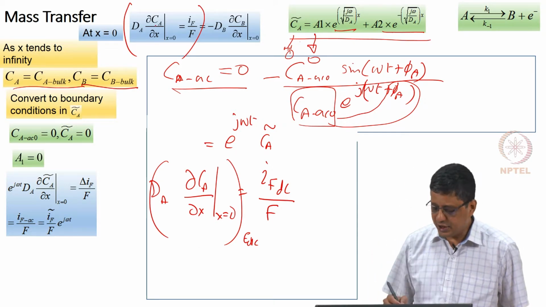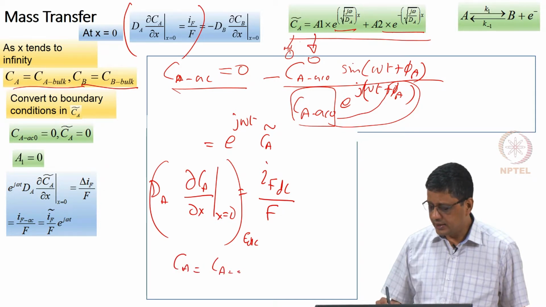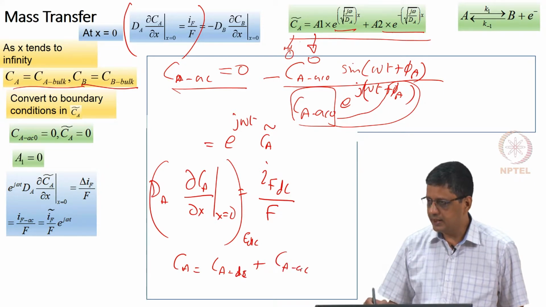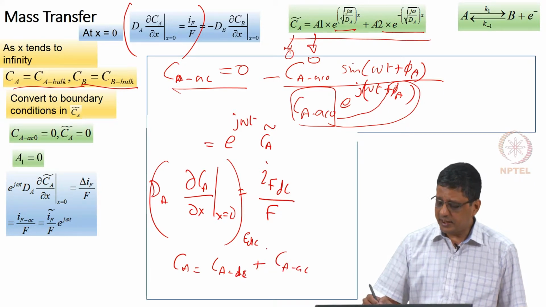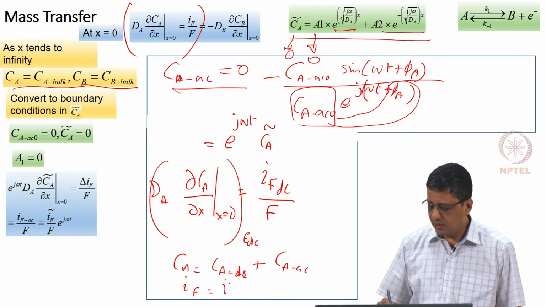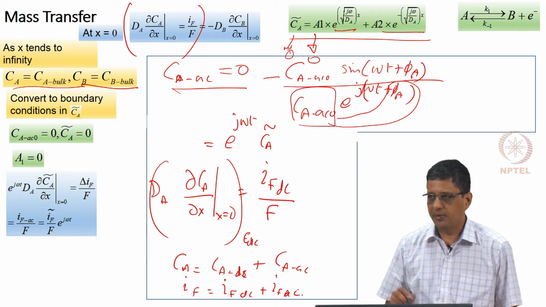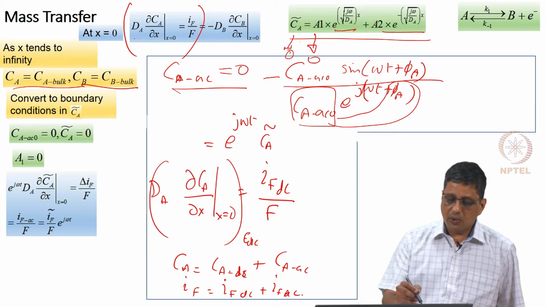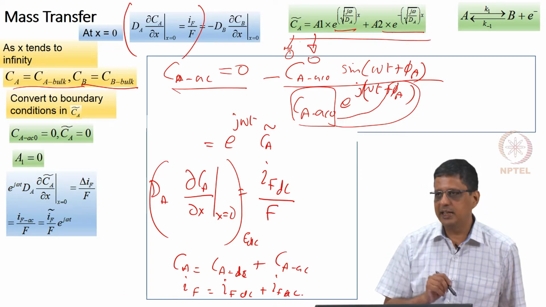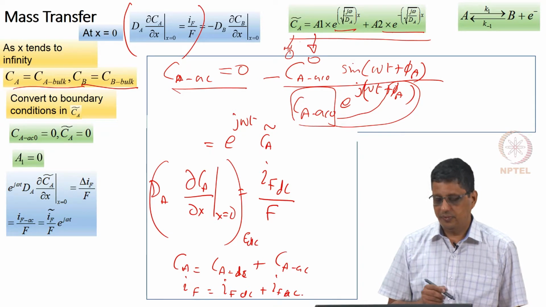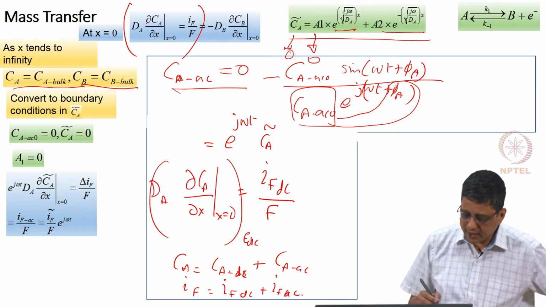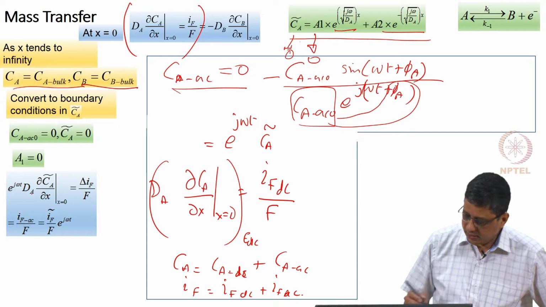So, Ca in general we can write it as Ca steady state plus Ca AC, or Ca dc plus Ca AC, and If we can write it as If dc plus If AC. So, whatever we have written here we can write it for the AC component only, and when we write for the AC component we are going to write